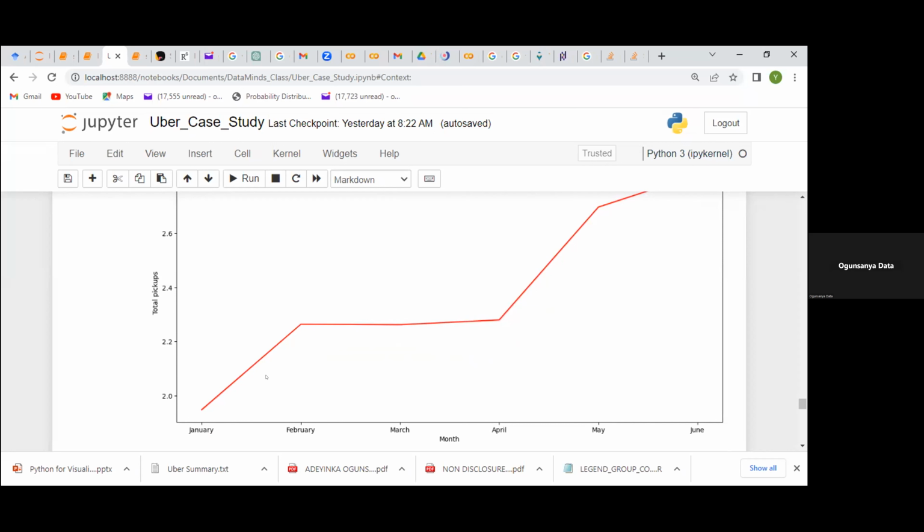If we follow this trend, we have a uniform movement here, and at this point there's a spark. Maybe something happened, maybe COVID, though not in this period, but hypothetically. It is not our duty to give a reason at this point, because there's no